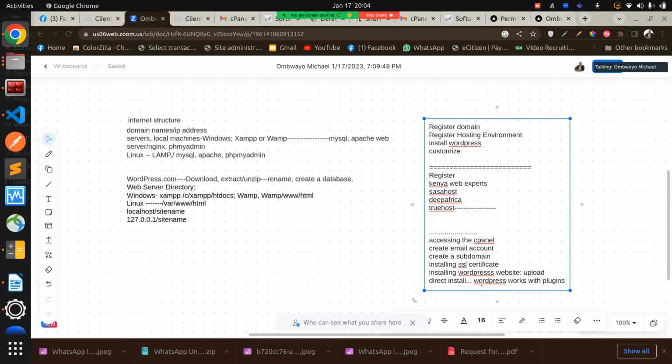Plugins, we can say they are ready tools or ready to use packages that once you install helps you achieve particular tasks in a WordPress website. Okay, so that is what a plugin is. They help you extend